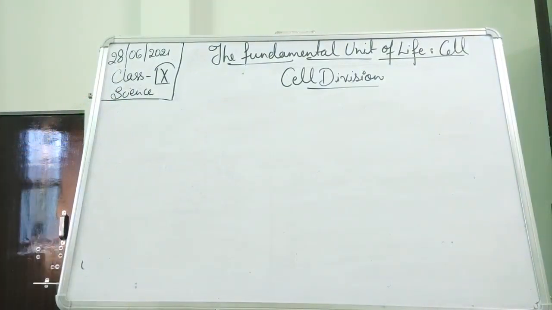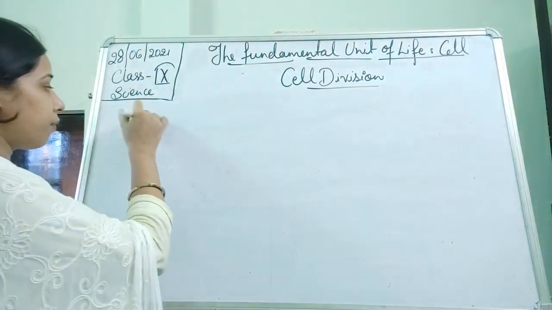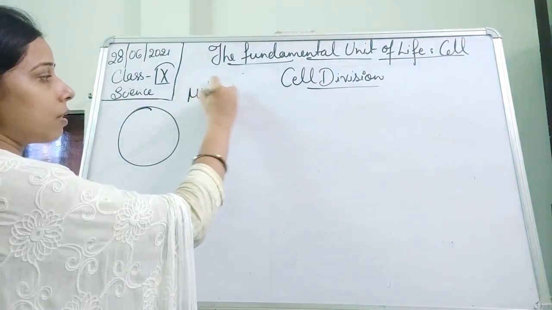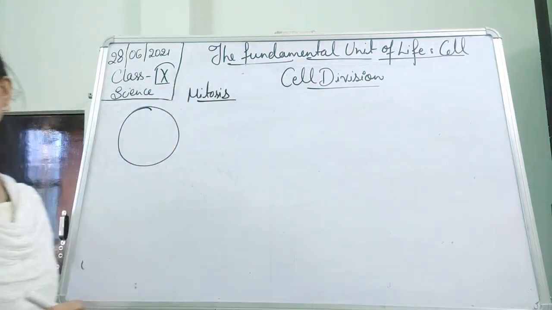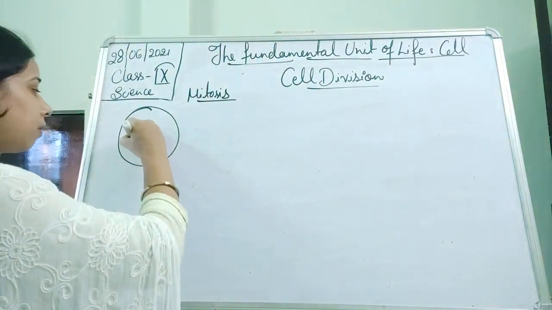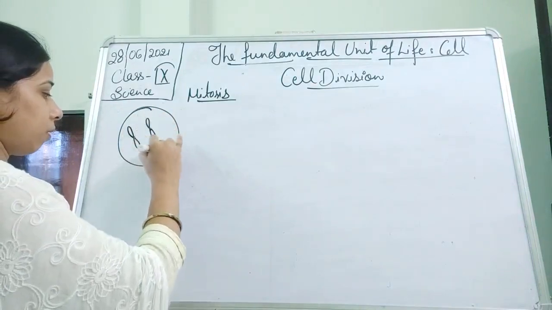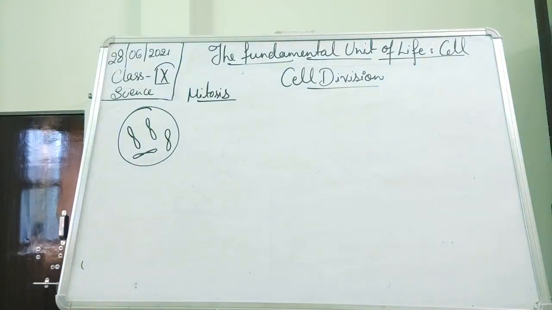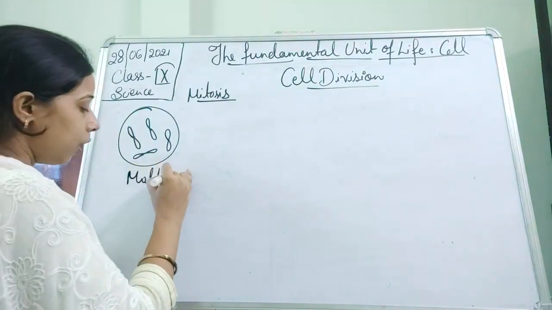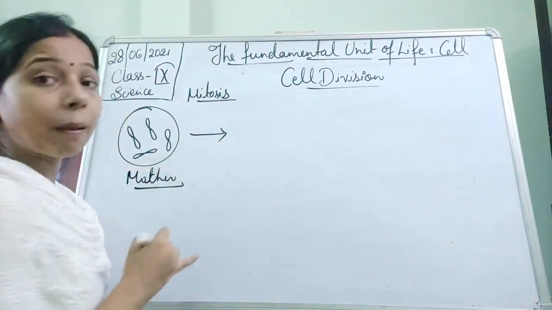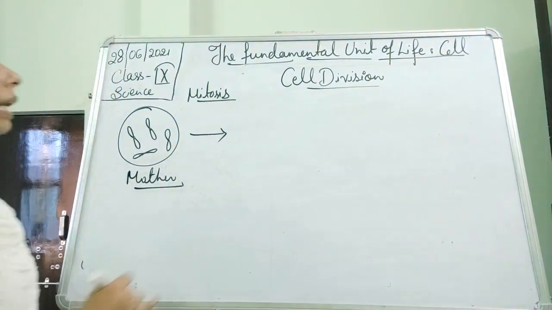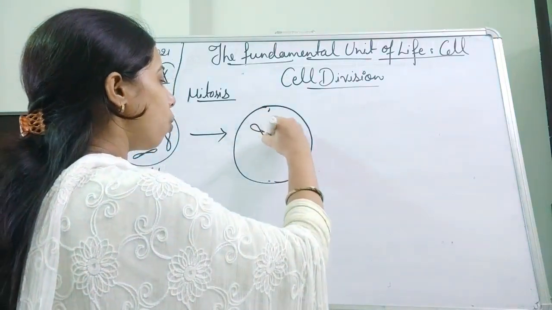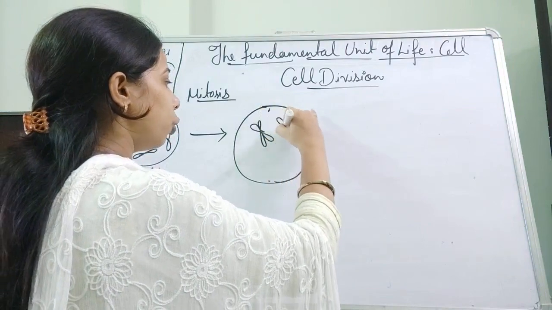So, in the case of mitosis and meiosis, I am showing both of the structures, students. At first, we are going to start with mitosis. In the case of mitosis, what happens? There are chromosomes like this. This is the mother cell. Now this mother cell forms its own replica. It means it duplicates, so duplication of the chromosomes happens here, and this whole will get duplicated.